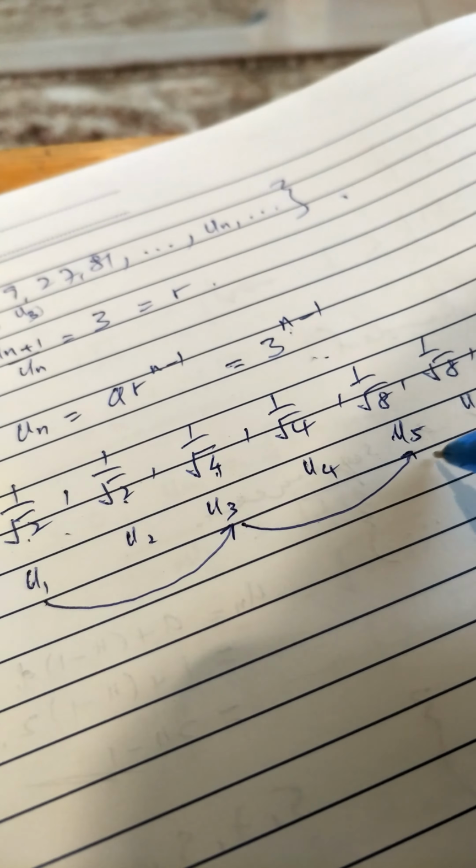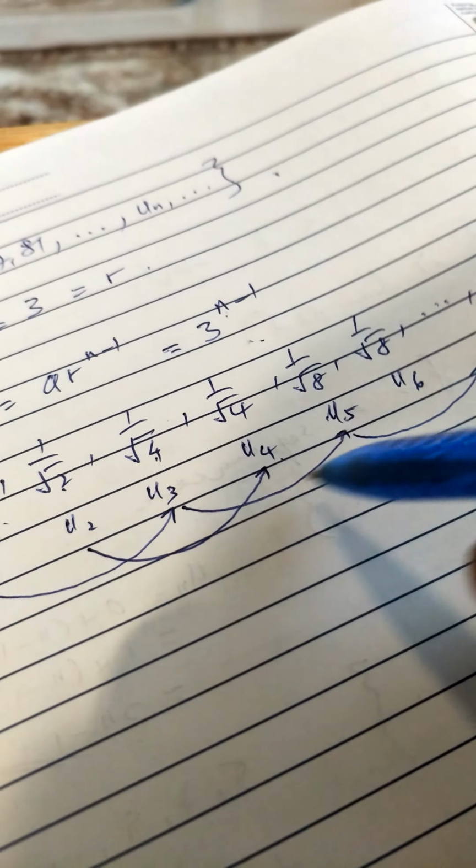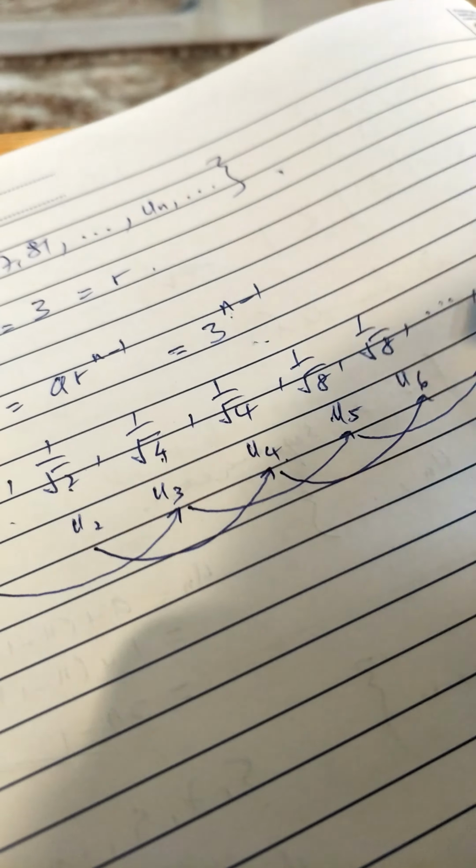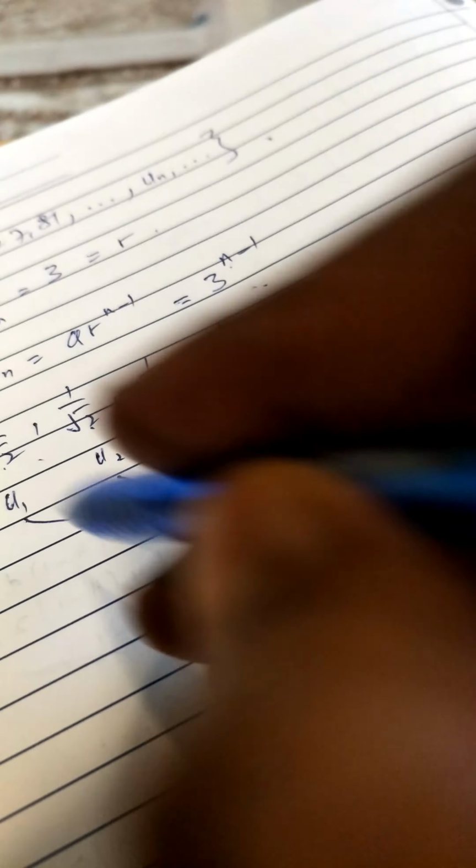So u1, u3, u5, next is u7. Also, the second term is the same. The next term to change is term number 4, and then term number 6, and so on. So by looking at that, you can see